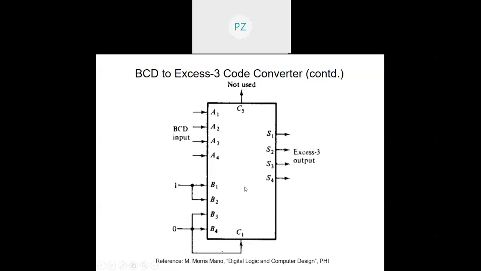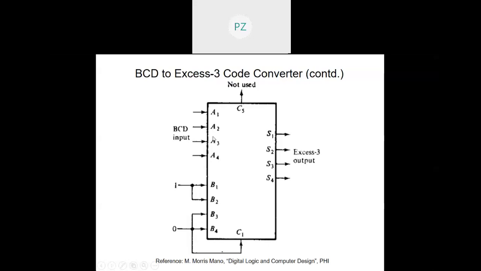This is a 4-bit adder, right? The one I've seen, what I called alternately the ripple adder. You give BCD input to all the 4 A's, and over B, what you're giving is a constant, which is 0, 0, 1, 1, going from B4, B3, B2, B1. This is 3. So whatever BCD you give, that will always be incremented by 3.